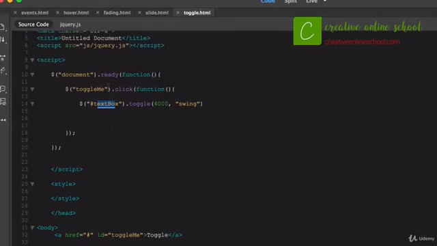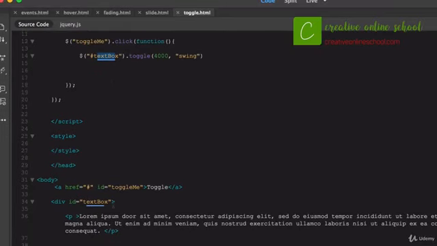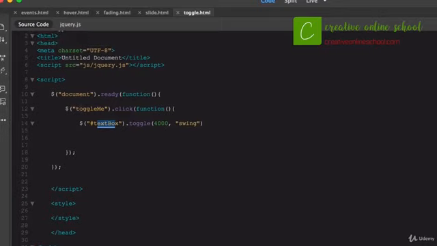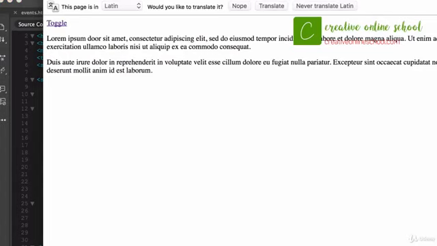All right, so that's not working. Let's see here. What did I do? ID equals text, ID equals toggle me. Ah, right there, toggle me did not have the pound sign before it. I'm going to save that now. Come on back to my document, hit refresh. Now when I click on toggle,